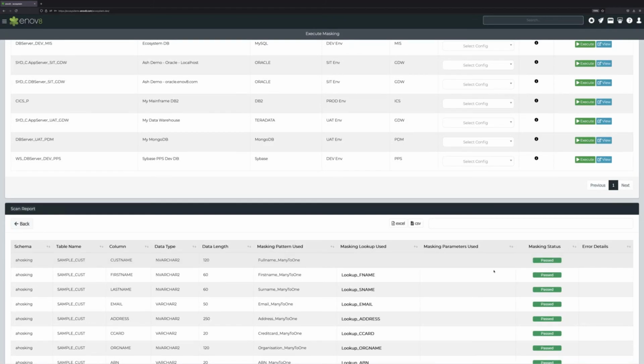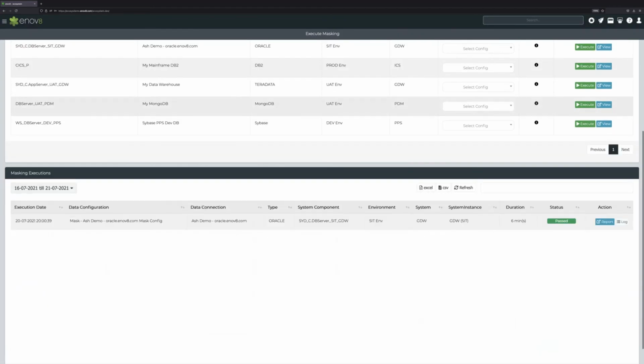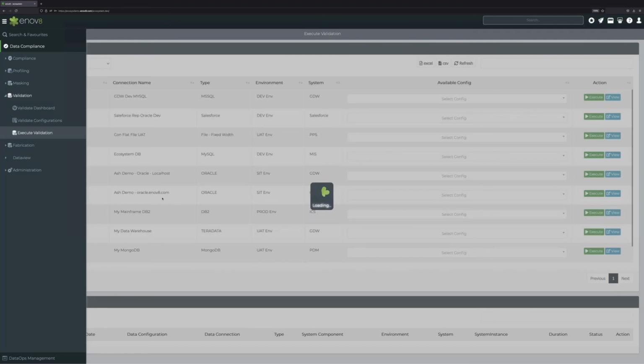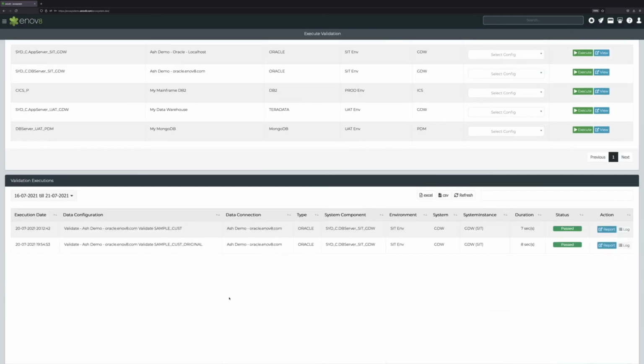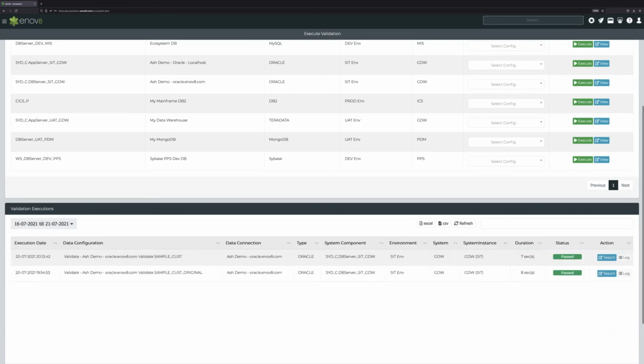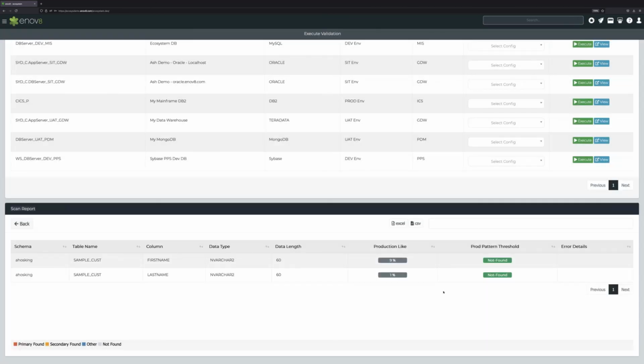that masking completed successfully. So the process then, once it's been masked, is to validate if any production data resides in the database post masking. So what we can do is run a validation on the actual original data set, and we can see that there's a very high likelihood of production data residing in the unmasked data set. It was 80% and 72% for these two name fields, so that's identified that production patterns have been found. But running that post the mask, we can see that that production likelihood has dropped down and it's now below